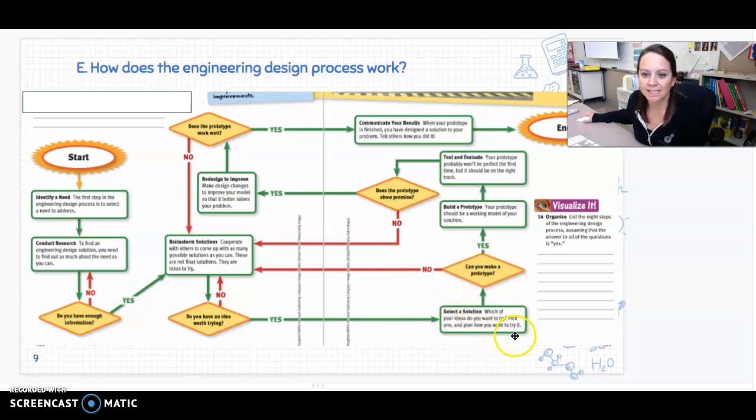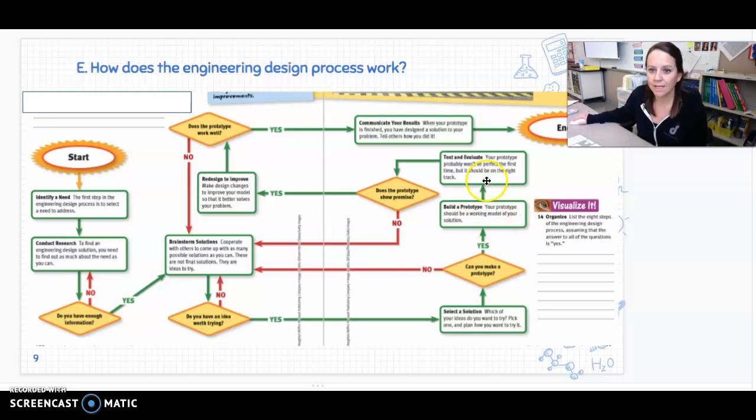Okay? Which of the ideas do you want to try? Pick one and plan how you want to try it. Okay? Can you make a prototype? So you would have to have enough materials to make a prototype or a sample. So if you can, then you move on. If you can't, you go back and have to brainstorm more solutions. Maybe you don't have the materials or the right amount of money to be able to create one. All right, then you build your prototype, and your prototype is a working model of your solution. So it might be smaller, it might be made with less expensive materials, but it's still going to work and have a similar function to your final